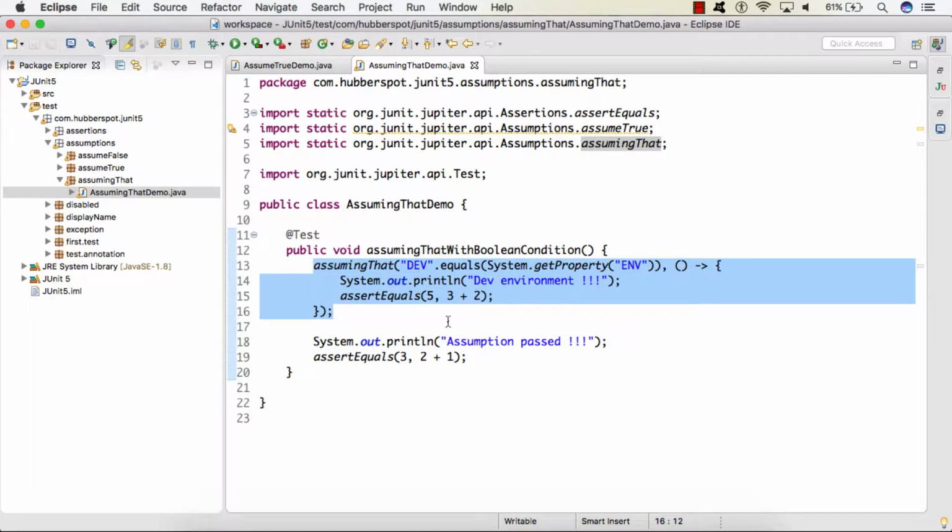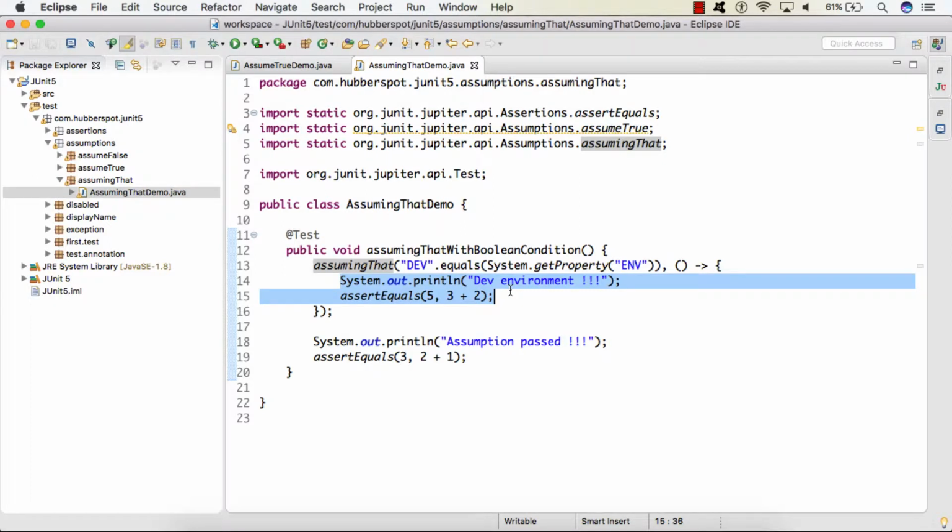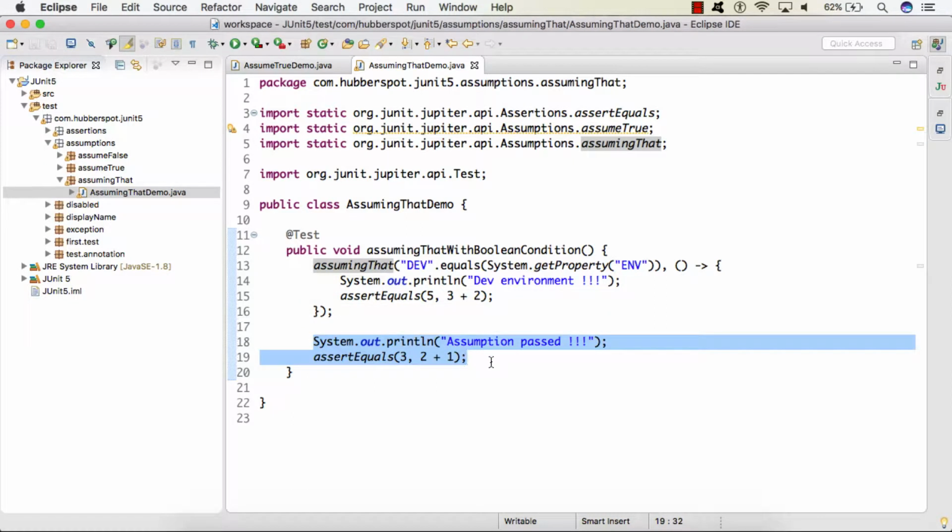Let's say we are executing this test case in multiple environments, and we want that when it is executed in the dev environment, this piece of code should also get executed. It means we are performing more validations and assertions on this test case, that if it is the dev environment, then execute this piece of logic. And if it is not the dev environment, then simply skip this logic and execute the rest.